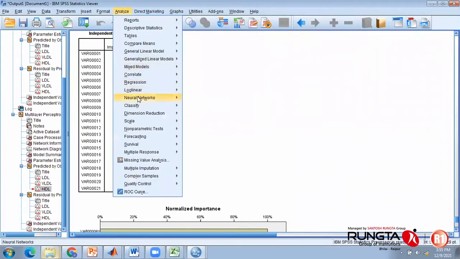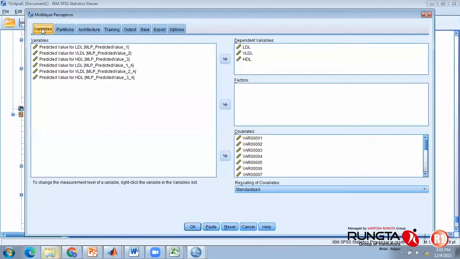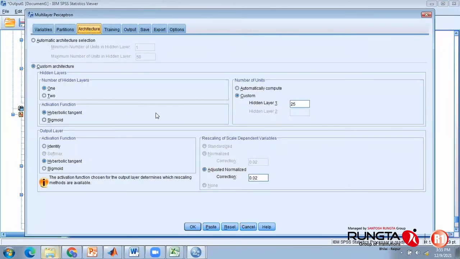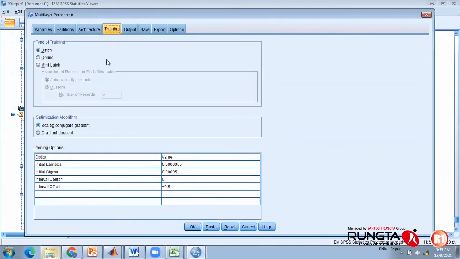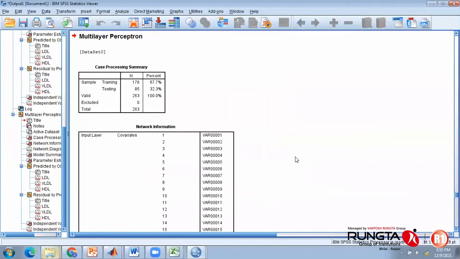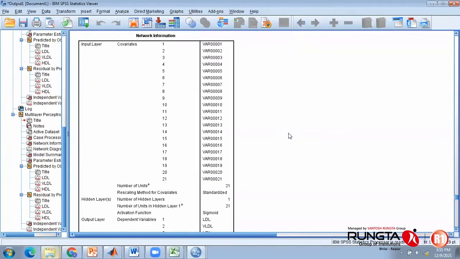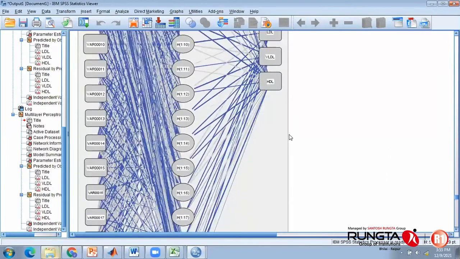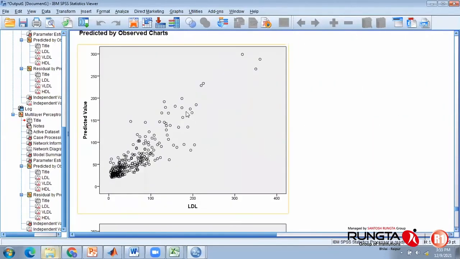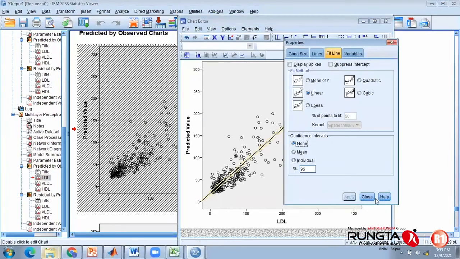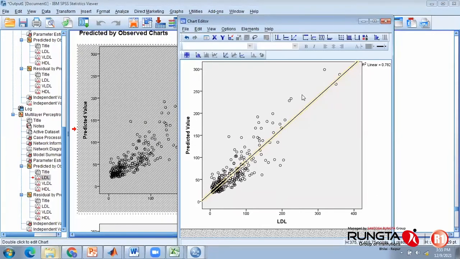So what I can do is go to neural network again. We'll set it from this architecture 1, and let me go for say 21. We'll use the sigmoidal function now. Let me go for sigmoidal, with the same scaled conjugate gradient. Say okay. Now let me check if this permutation is working. 0.782.